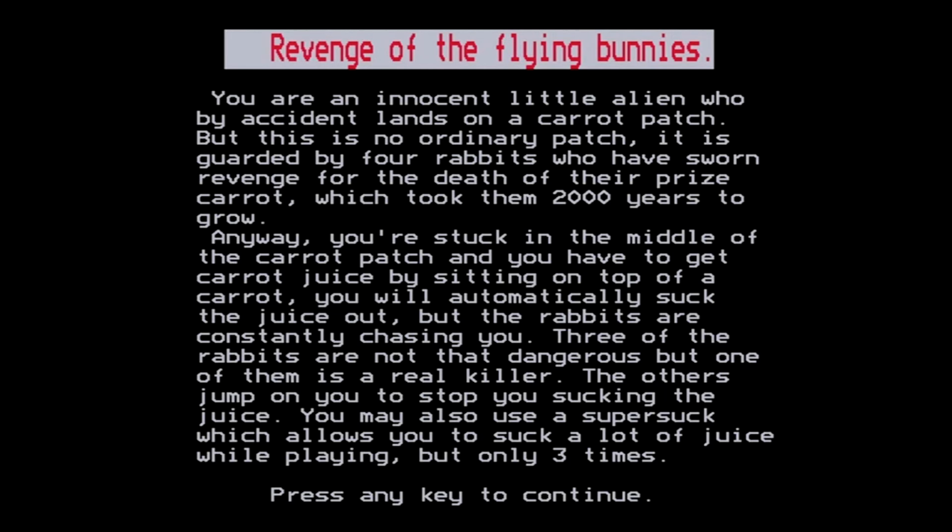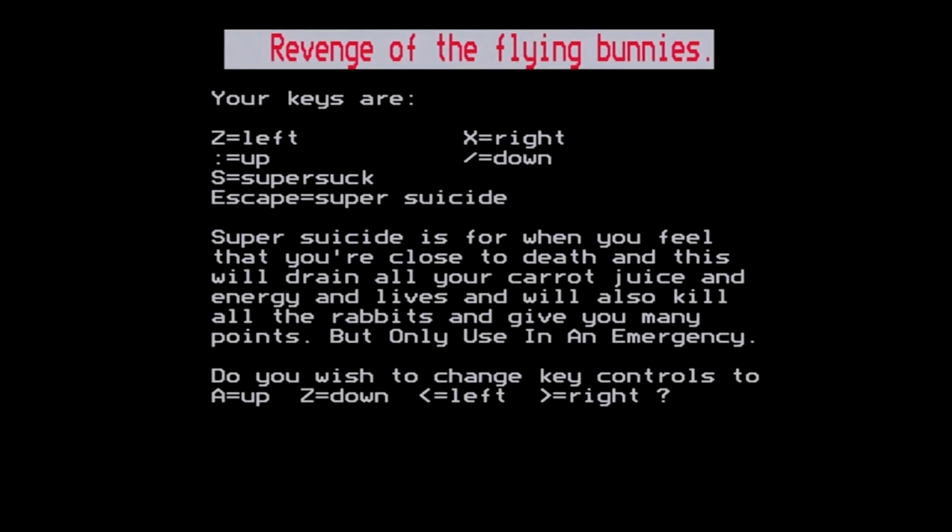3 of the rabbits are not dangerous, but one of them's a killer. The others jump on you to stop you sucking the juice. You may also use a super suck which allows you to suck a lot of juice while playing, but only 3 times. Pressing a key then moves on to the second page which gives you the keyboard controls, which by